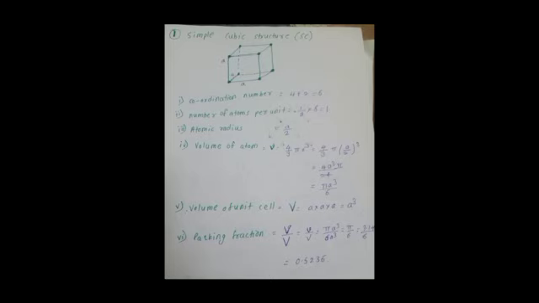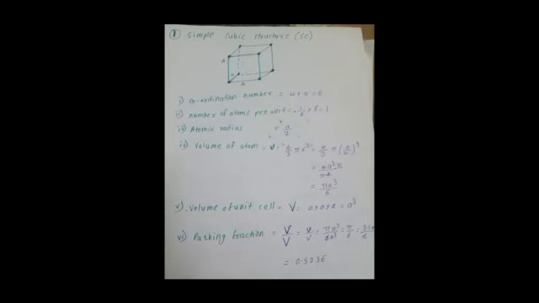In simple cubic structure, 8 atoms are placed at the 8 corners of a cubic unit cell. Since each atom is common to the corners of 8 cubes, the contribution of each atom to the unit cell is 1 upon 8, and as there are 8 corners in each unit cell, the number of atoms per unit cell is 1 upon 8 into 8 is equal to 1. Then if a is the side of the unit cell, the distance between nearest neighbors is a. That is, atomic radius r is equal to a upon 2.